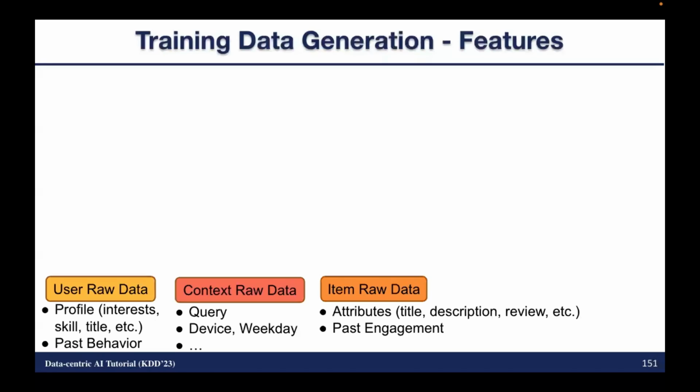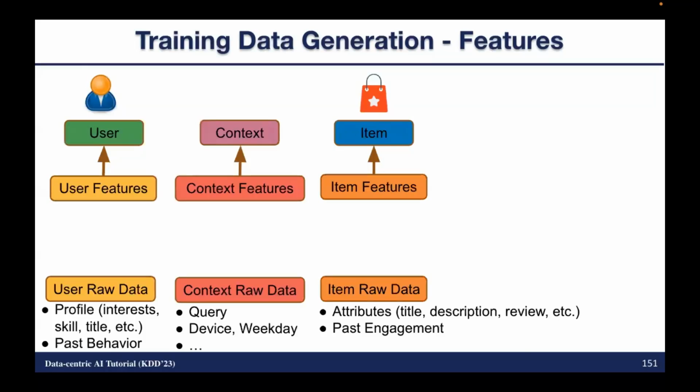So features are usually straightforward. You have user raw data, context raw data, and item raw data, as we just discussed. You want to convert them into features. And a general principle is